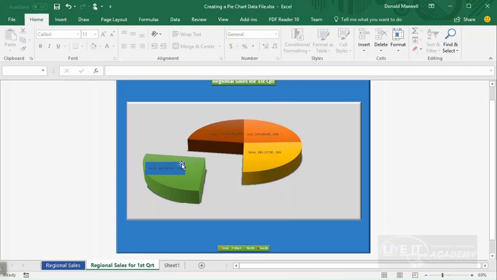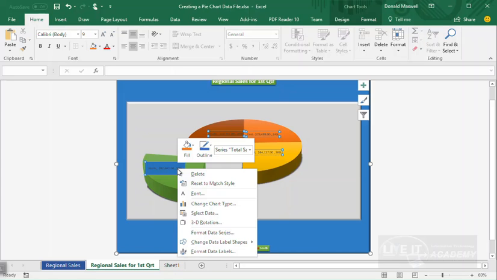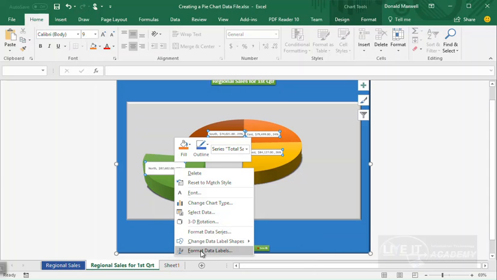Also, labels, right, can be configured. Labels actually can be configured in different ways. We can focus just on the labels themselves, right? And you can right click and go to change label shape, right? You can change the shape of the label. You can format the data labels itself. You can affect the series, right? So there's really no